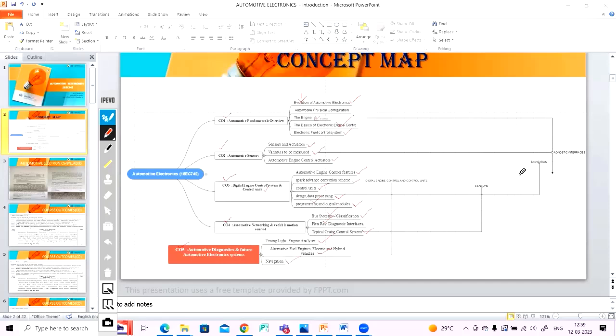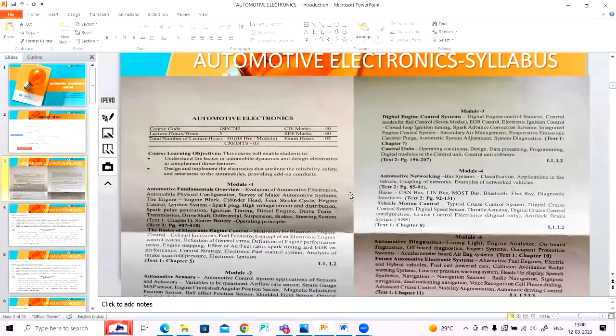Step by step it is implemented to form the final outcome, that is automotive electronics. So every CO plays an important role. This is a concept map which has been framed to showcase in-depth knowledge about all 5 units in an overview. So this is related to the course outcomes, and coming to automotive electronics, the exact syllabus is framed by VTU. So this is the respective